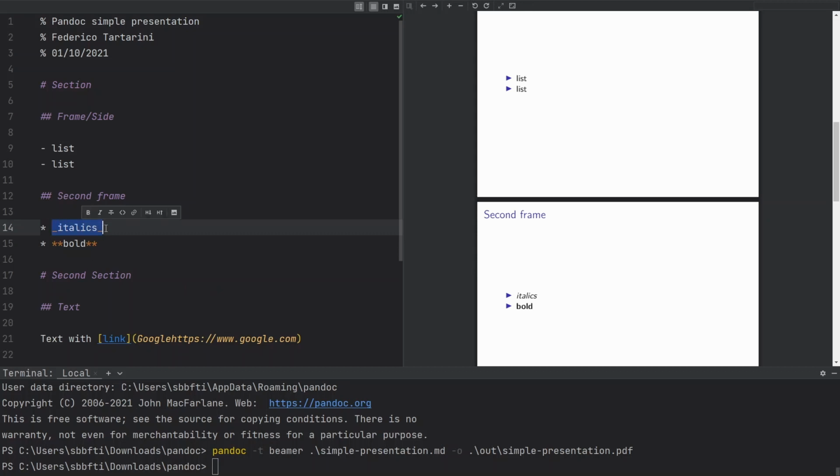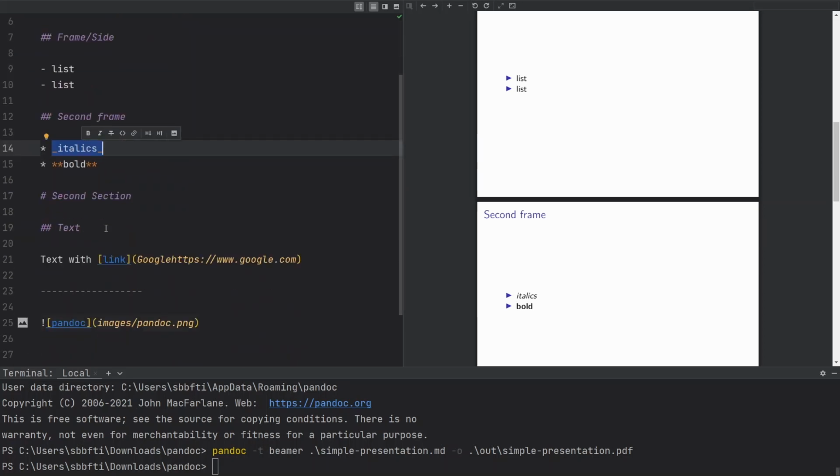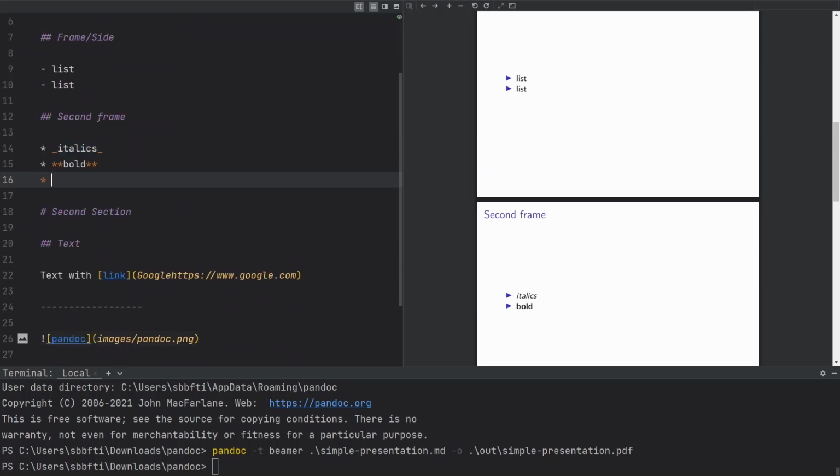And then we can change the format of the text. We can use italics, bold, or we could even use strike through. If you want to add strike through, in this case PyCharm helps me, because I can just double click on the text and then click here, strike through, and this is going to create the strike through text.